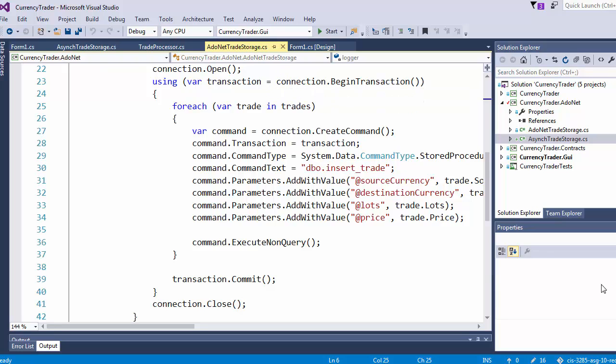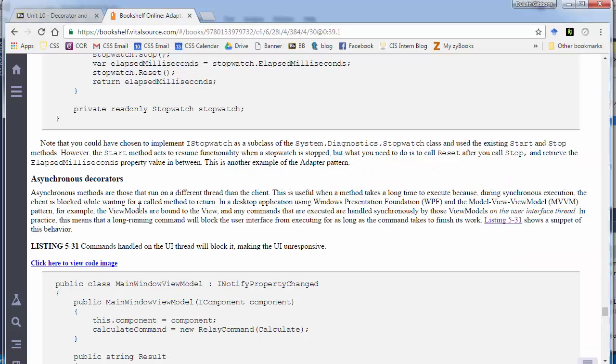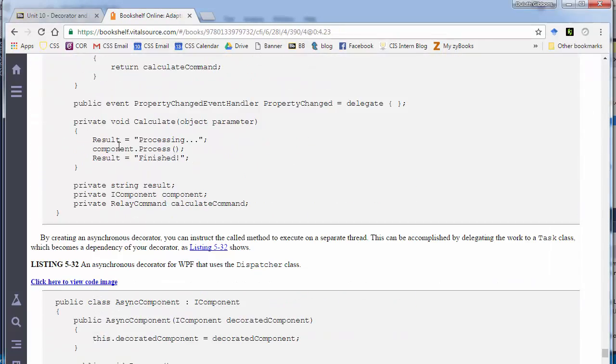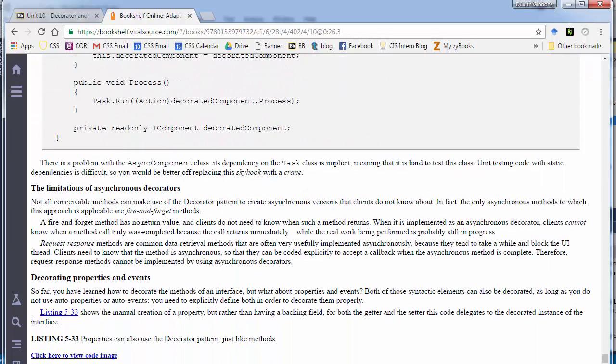I will take a second and show you what we have to do if we don't want to do this. If we have something we want to run in the background and we don't want to wait, and we need some data back. Writing to the database is fine. We're writing to the database and it's a fire and we don't have to wait. So as mentioned in the textbook here, this asynchronous has some limitations, and it's good for these fire and forget